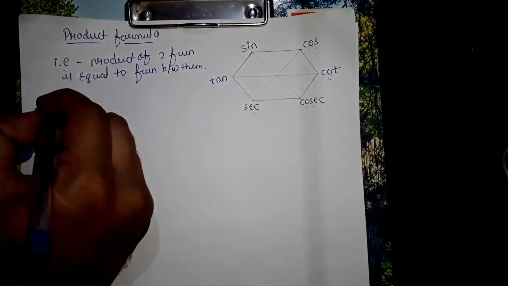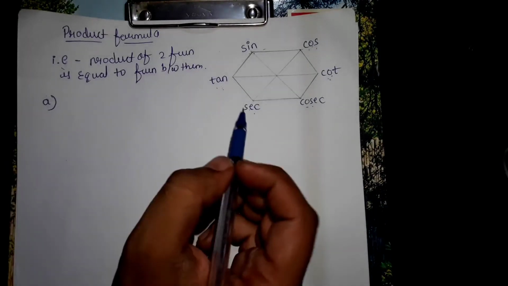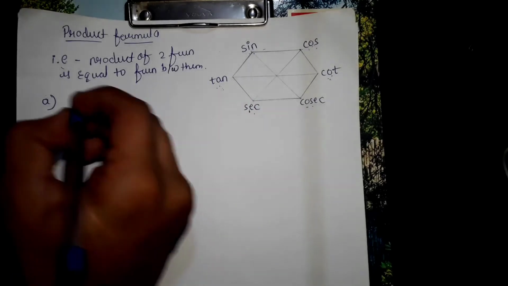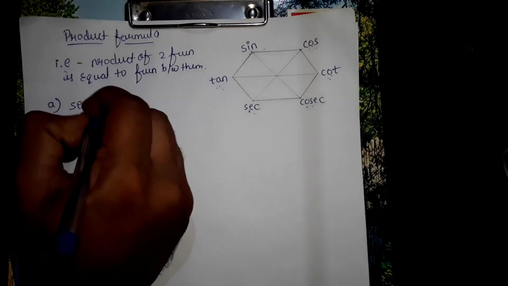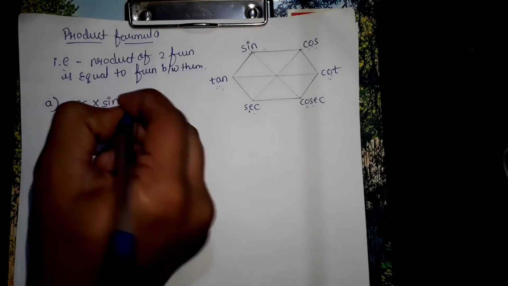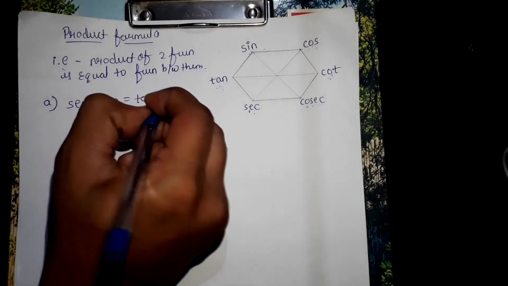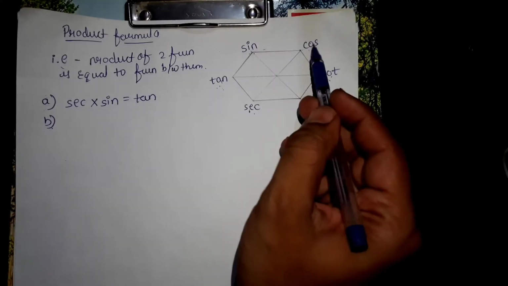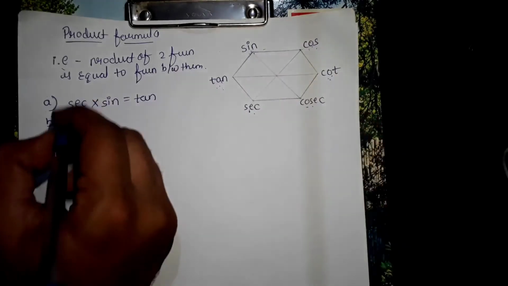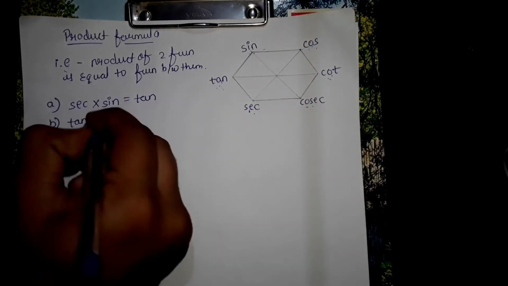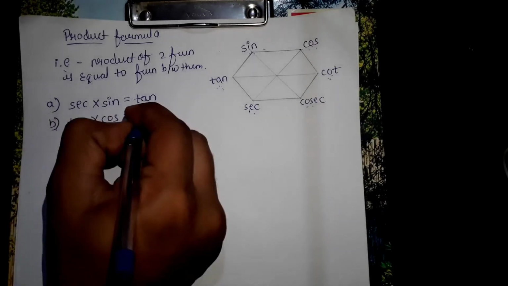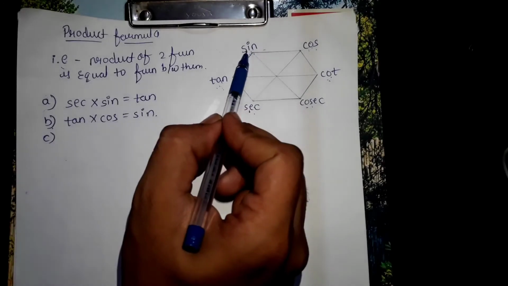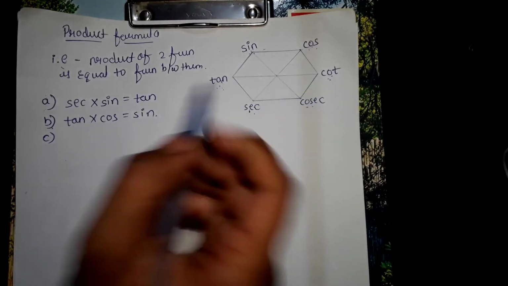That is, the first one is sec into sine is equal to tan, next one is tan into cos is equal to sine, third one is sine into cot is equal to cos,